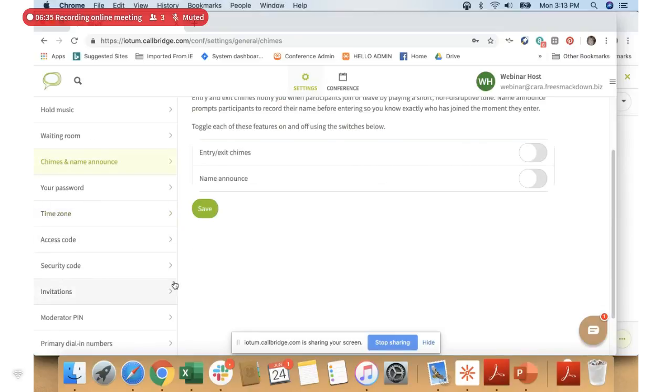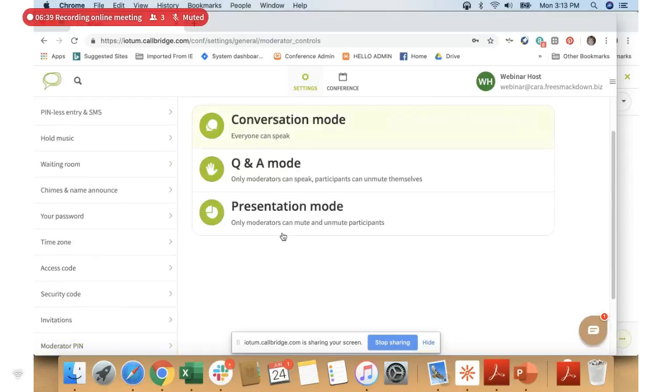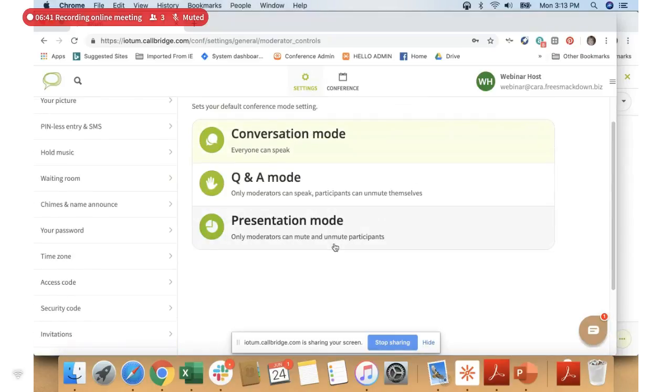The other thing to think about before your call starts is the mode of your call. We call it the conversation mode of your call. So the default setting is that all lines are open and everyone can talk. I would imagine that's probably the way that 90% of people want their calls. But if you're doing a larger call like this one, or one where you need to have the floor to present your piece before anybody else should even think about talking, then you're going to want to use one of